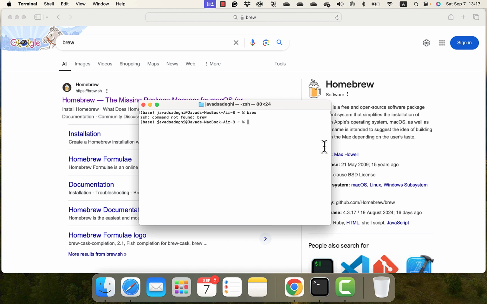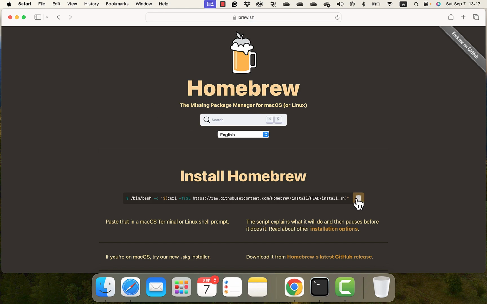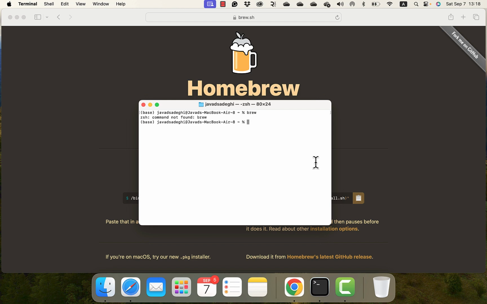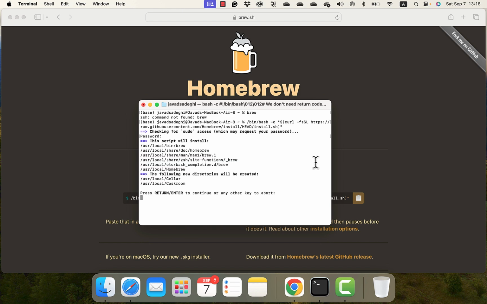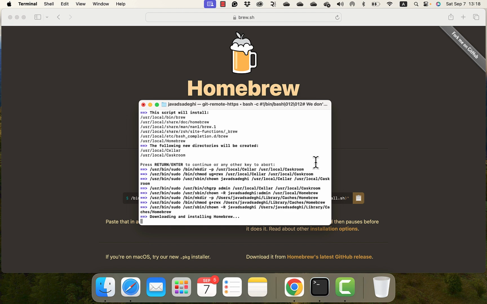So for doing that, you need to go to brew.sh, and there's a code that you could copy and paste in your terminal and hit enter. You need to also type your password if your system has a password, and hit enter. This will take less than a minute to install brew on your system,